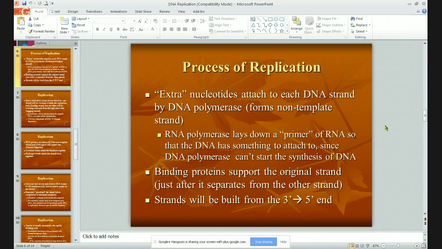There are also extra proteins called binding proteins that help support the original strand, your template strand, because instead of being more secure or more strong, I guess, with two strands of DNA, now you're a little less strong with only one strand. So it needs some additional support so it doesn't fall apart and break. And it gets that in the form of these binding proteins. So they're almost like scaffolding. Well, scaffolding is not the best word, but kind of like scaffolding to help hold up